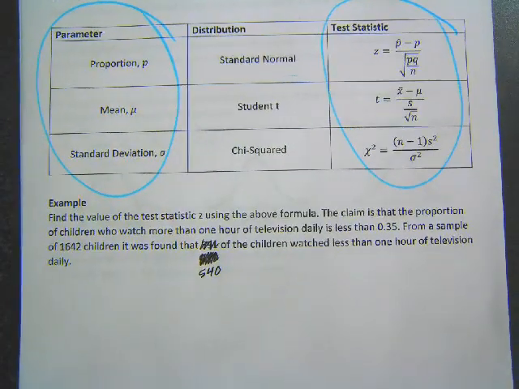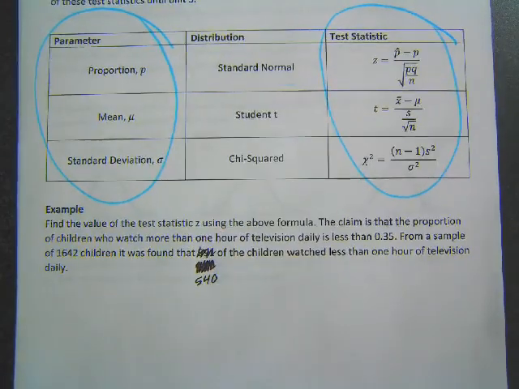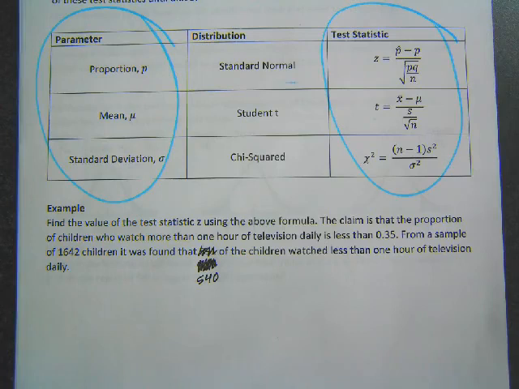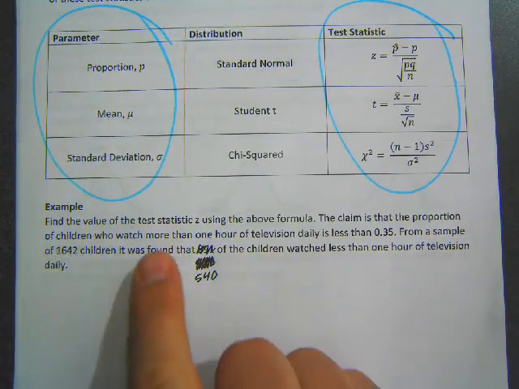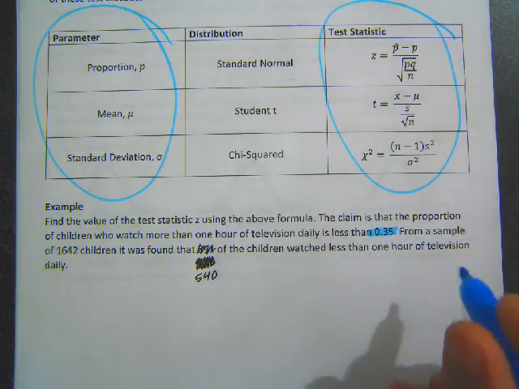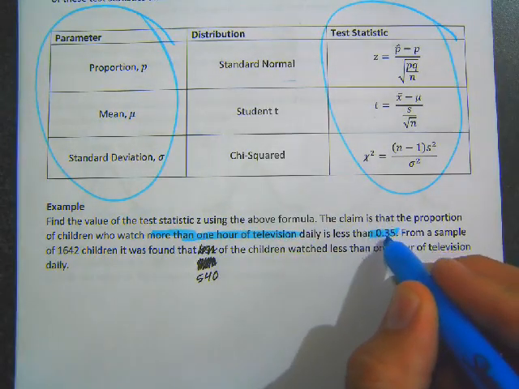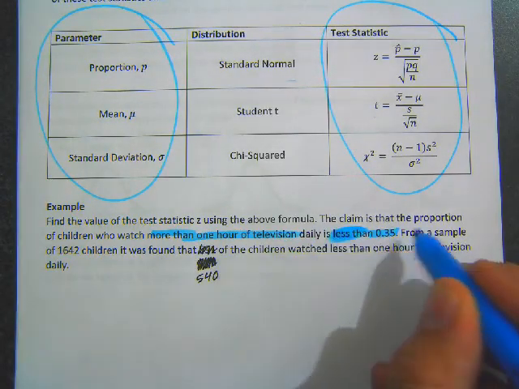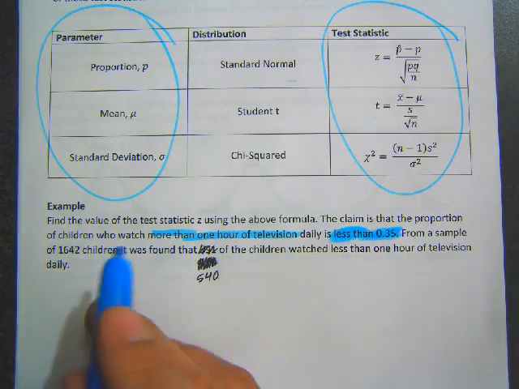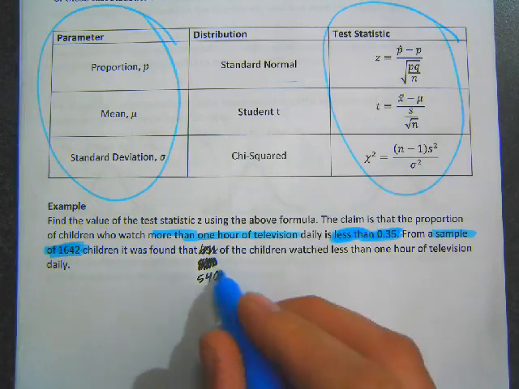Okay, so let's do this. We're actually going to use the z formula from above to work with this information they have about a claim. They said the claim is that the proportion of children who watch more than an hour of television a day is 0.35. So they say that this is the claim. More than 1 hour of television watched is actually going to be less than 0.35. For a sample of 1642, so that's how many children they sampled, it was found that 540,